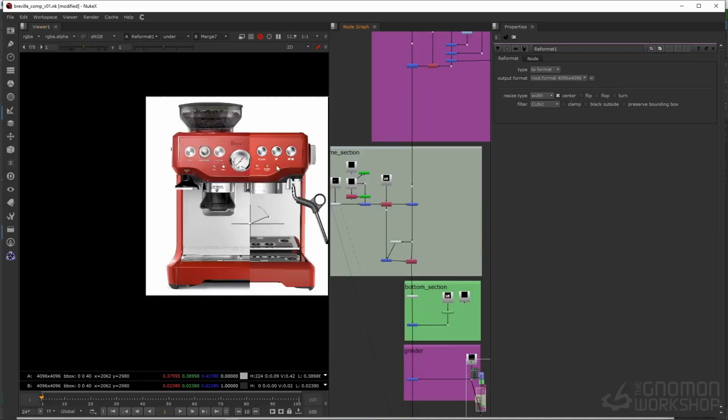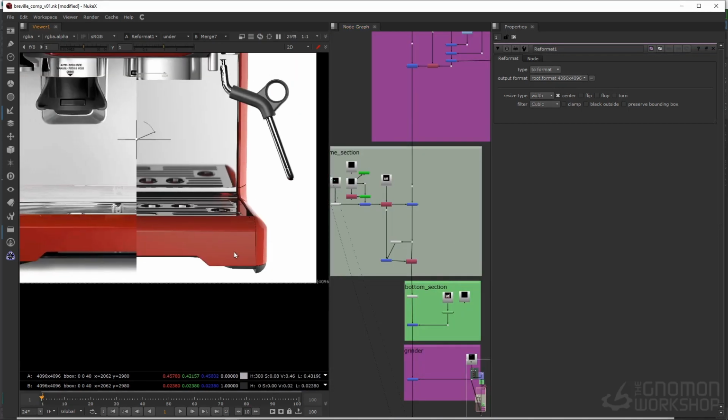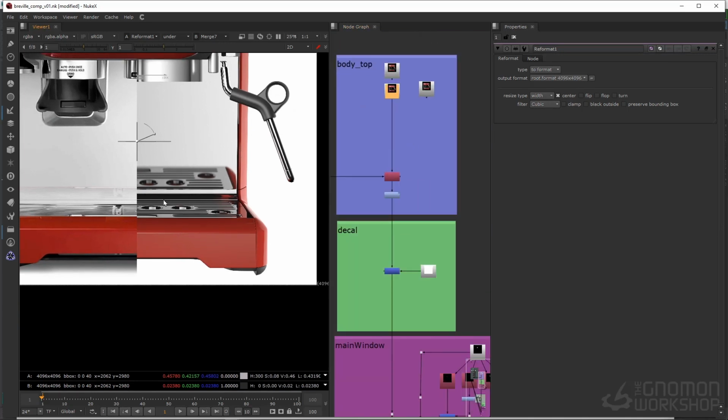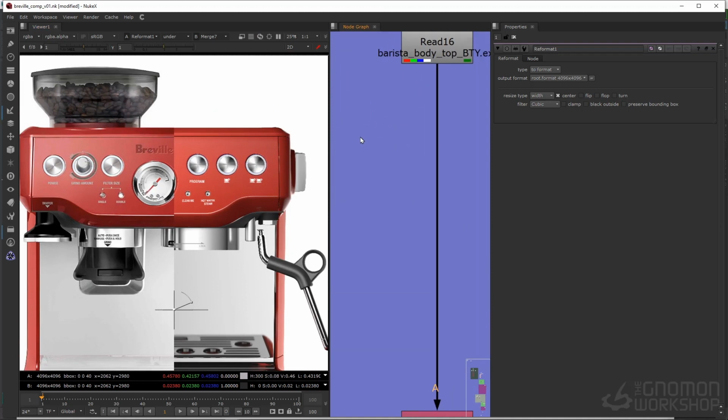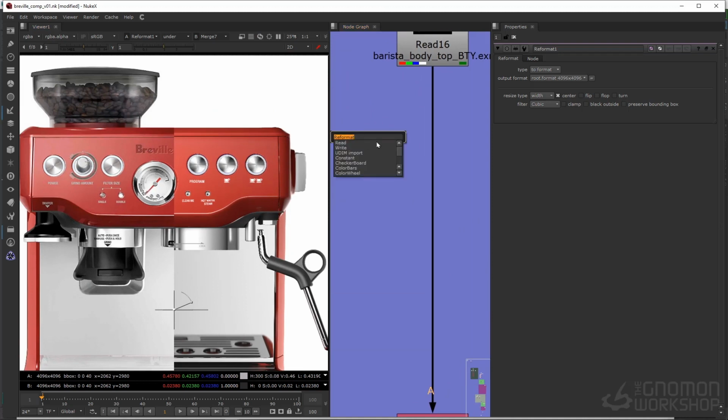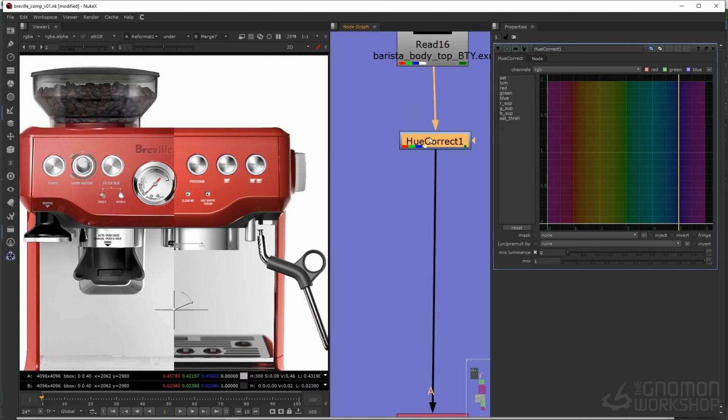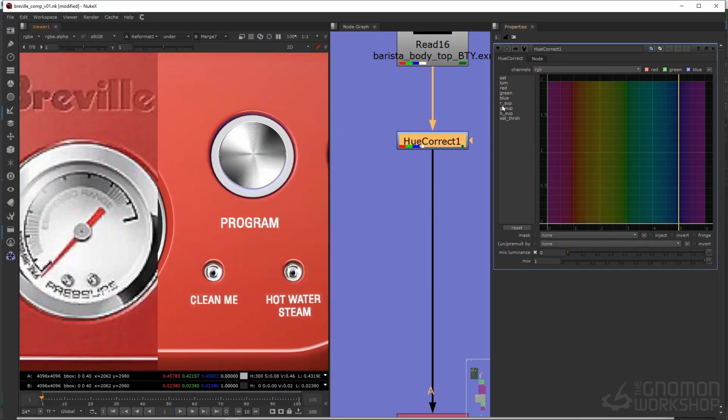I might have to do a custom matte because, like you said, this guy is coming out of a different camera. Or what we could do is just go and do a hue correct. And what I'm going to do is just do overall, just because I want to see what kind of